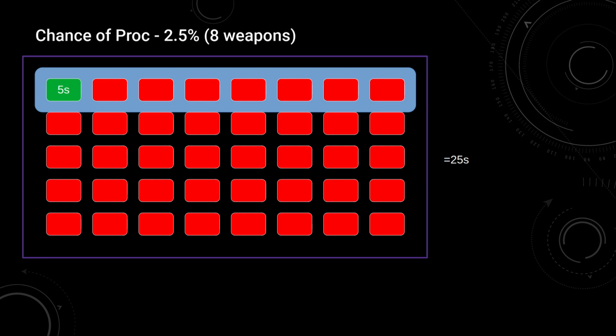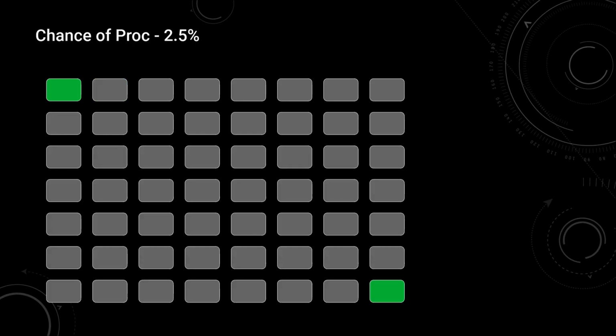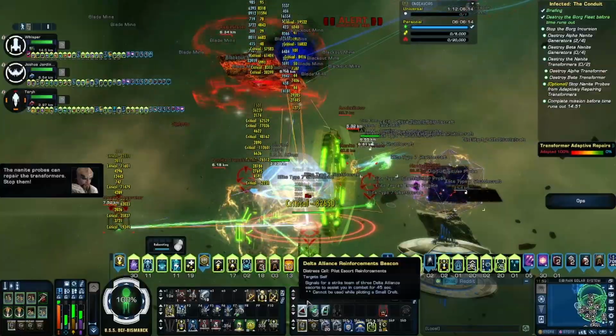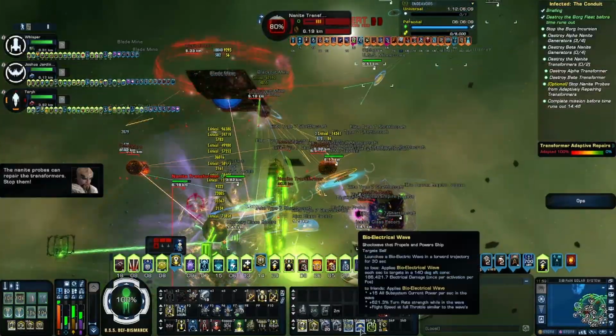The problem with this mentality is that we're assuming perfect deterministic probability. Out of 40 cycles, 39 will not trigger and 1 will trigger. In reality, there is a chance you get 2 procs back to back, but there's also a chance you go 80 or more cycles without triggering the proc. We call this independent probability. It doesn't matter what the result was previously, you still have a 2.5% chance of triggering the proc with each firing cycle. As such, we use a binomial distribution to filter out the noise a bit and get a more